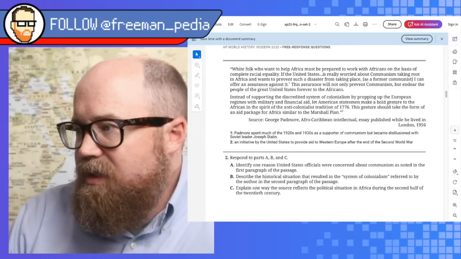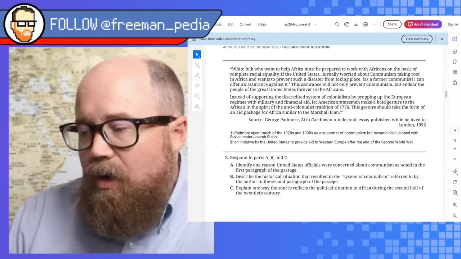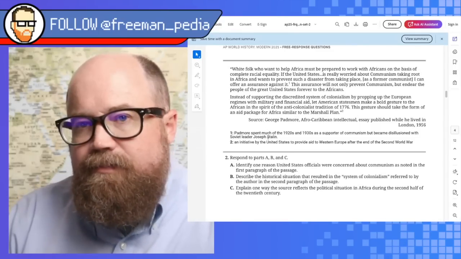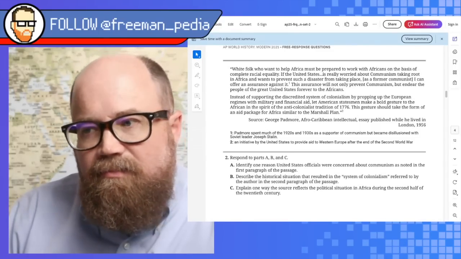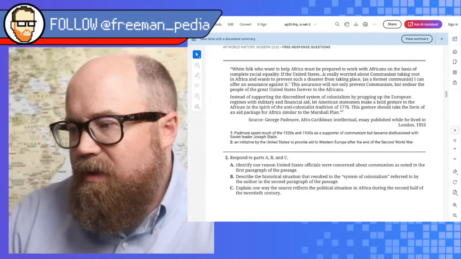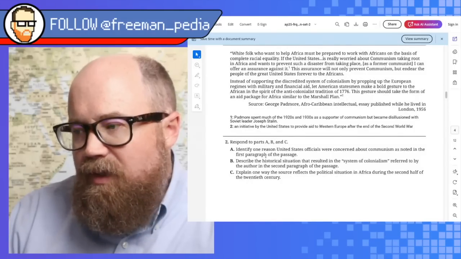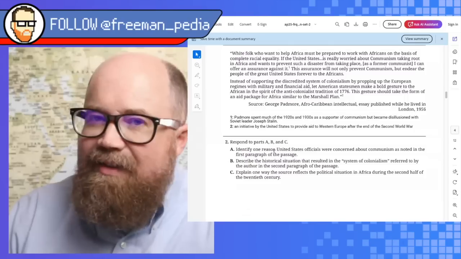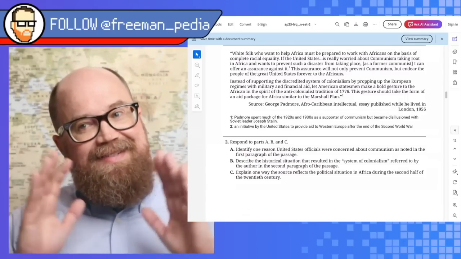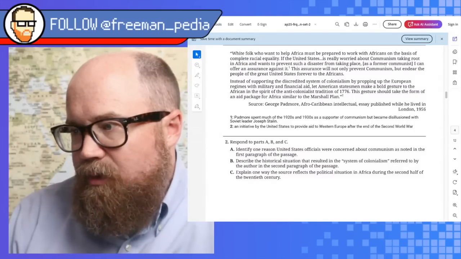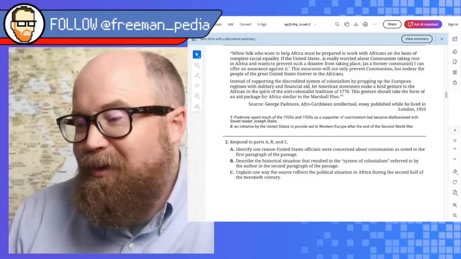All right, so if the United States is really worried about communism taking root in Africa, okay, so it is. The Americans are, why? Cold War. Cold War is happening. Containment. Domino theory. Whatever. The stopping of the spread of communism. Any of that stuff. I would have literally said containment. Why do they want to stop it? Again, they haven't released the rubrics, so I don't know. But I bet they're going to accept Cold War. They don't use the phrase Cold War in here, so I bet that works.